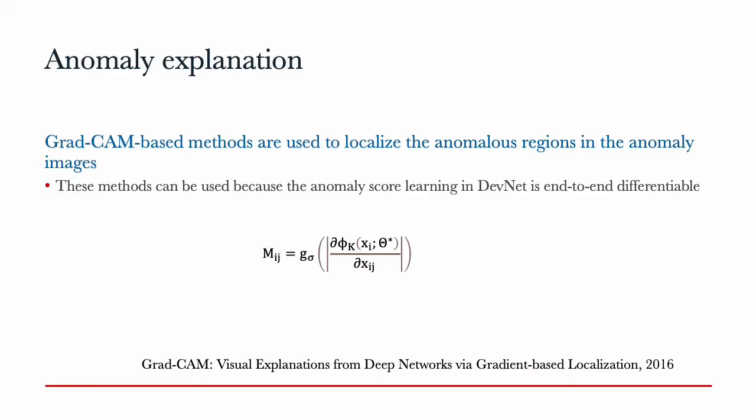So the proposed deviation network is a deep neural network. It is interesting if we can provide some kind of explanation after we train the model on the few-shot dataset. Here we just take advantage of the published paper in computer vision. It's called GradCAM, which can provide some kind of explanation in image classification. We use this method because the proposed deviation network is end-to-end differentiable, so we can easily calculate the gradients. With this method, it is possible to localize the anomaly regions in